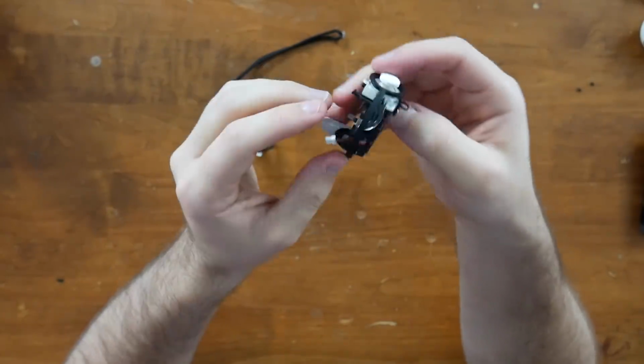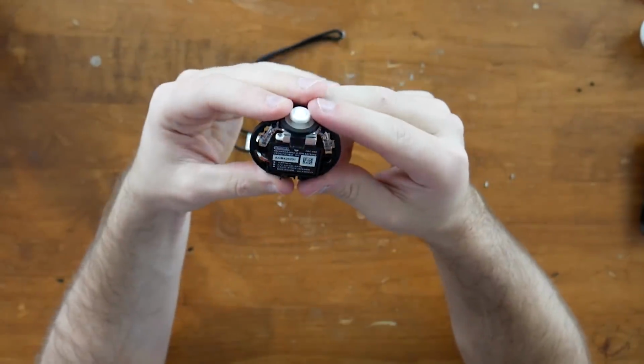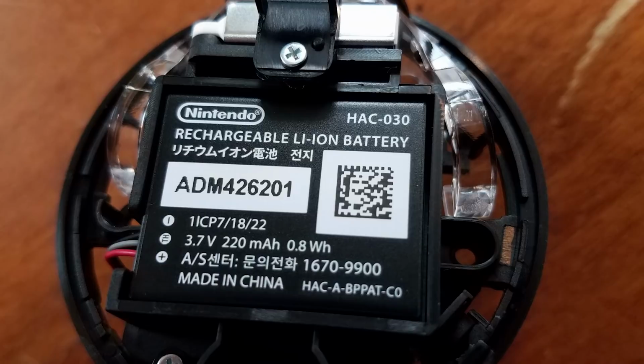And there's our battery. So that's what our big cable here has been this whole time. The battery is right here. And let's see if we can get a good look at it and come up with a little more about it and what the size is and everything. Okay, it's a 3.7 volt, 220 milliamp hour battery. It's a very small battery. It is branded Nintendo, but it's not a massive battery or anything, but it should be, for what this is